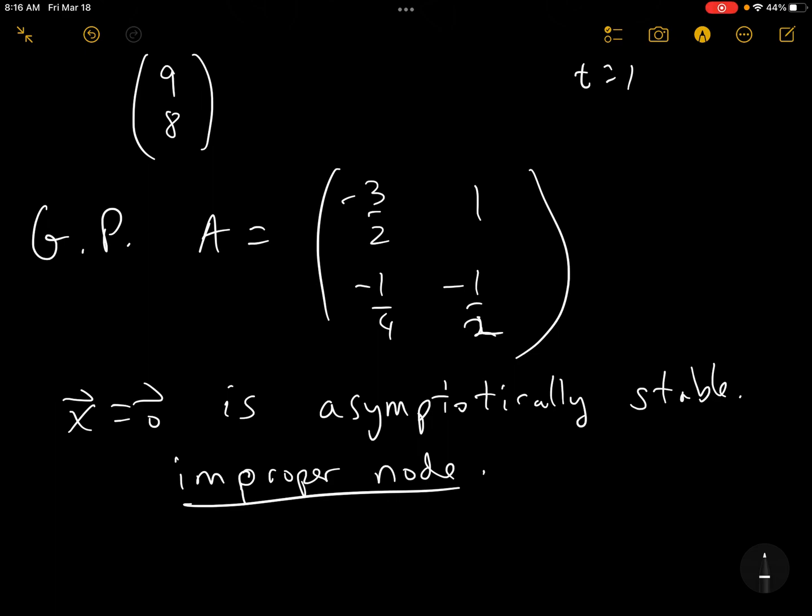I'll show you what a proper node looks like in class. So have a go at this guided practice here. I think the roots are 1 and minus 1 and minus 1. What did I get? I don't know, you'll figure it out. And I'll see you